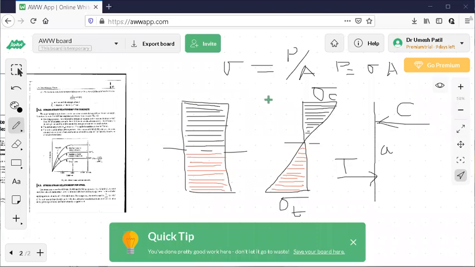I have taken a simple strength of materials formula here. Sigma is equal to P by A. From this, P is equal to sigma into A. What it means is, if I know the stress in a layer, that is sigma, and the area of the layer, I can find P is equal to sigma into A. So what I'm trying to tell you is, I can find out the force in each layer.